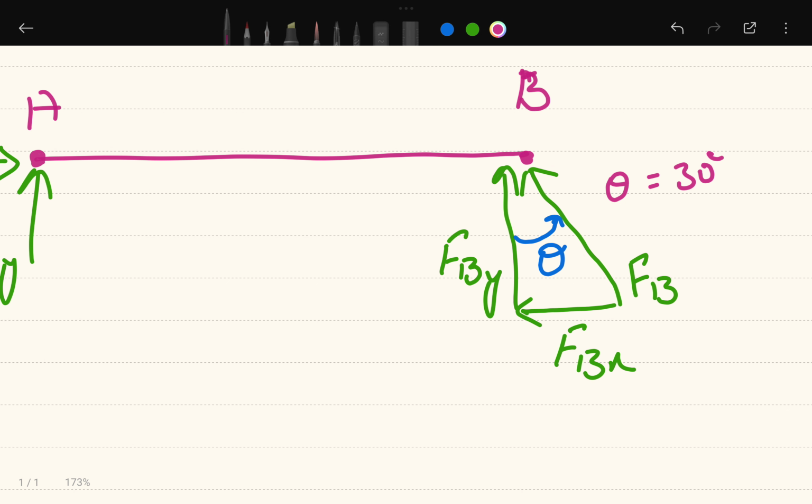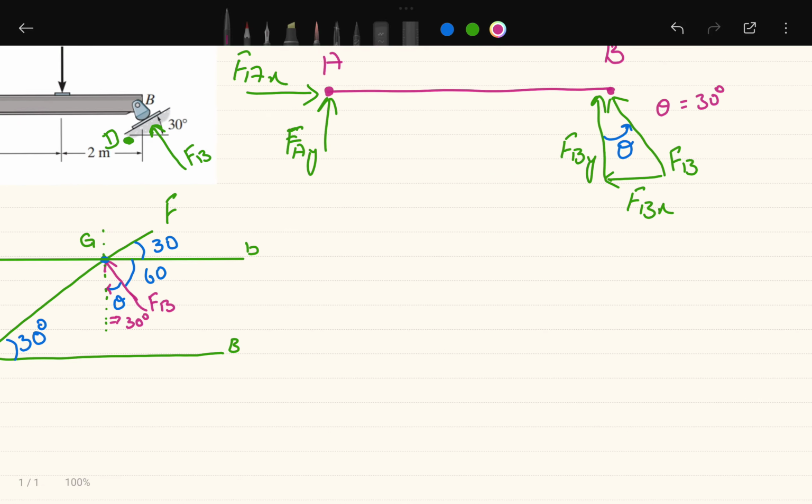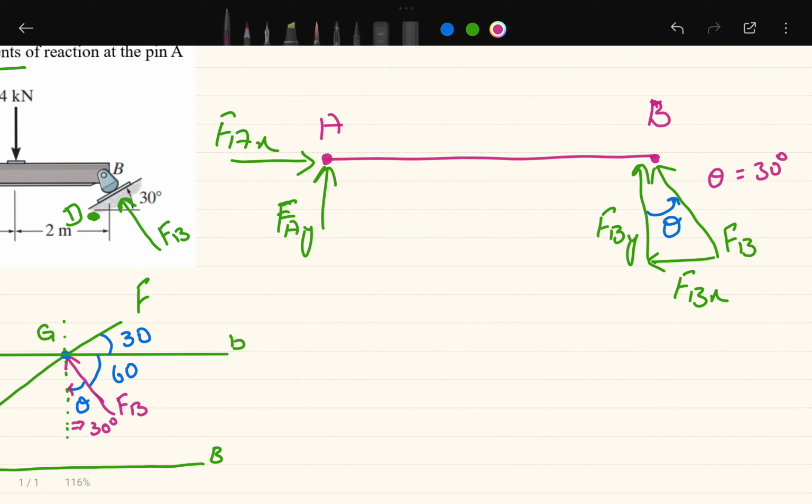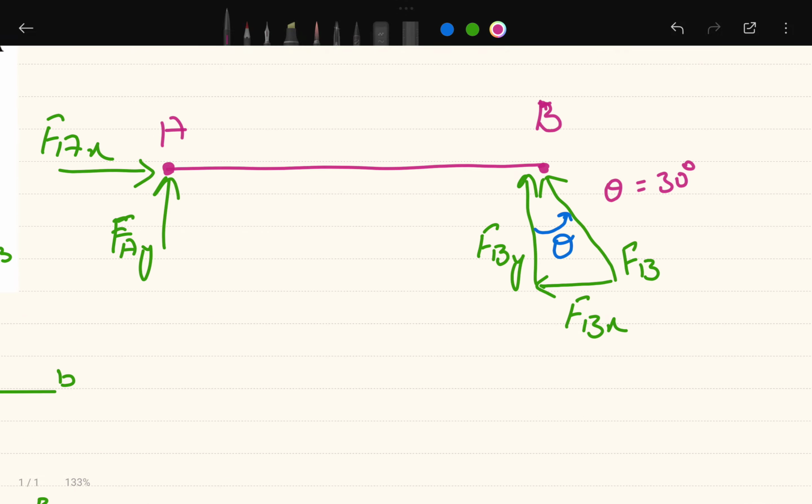Also, you do not need to do all this calculation. Usually when you have a surface like this, and you have FB applied perpendicular to the surface, whatever the angle is with the horizontal, you get the same angle with the vertical. You can even remember that. Otherwise, if you don't remember or you are confused, you can do this analysis to find the angle theta. This is important, as it can come up in upcoming problems as well. So I just needed to go a little into the detail of how this angle theta comes out